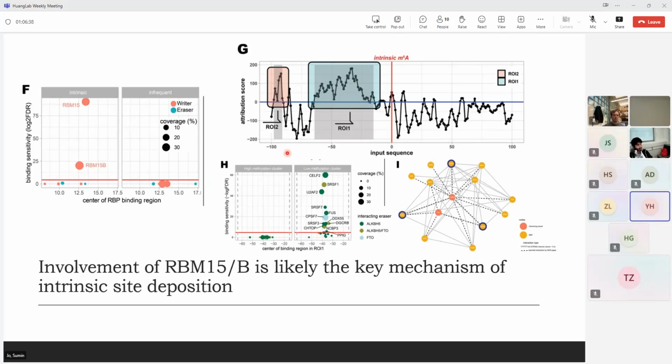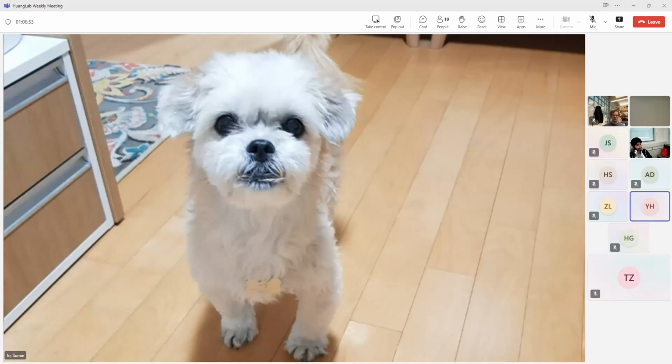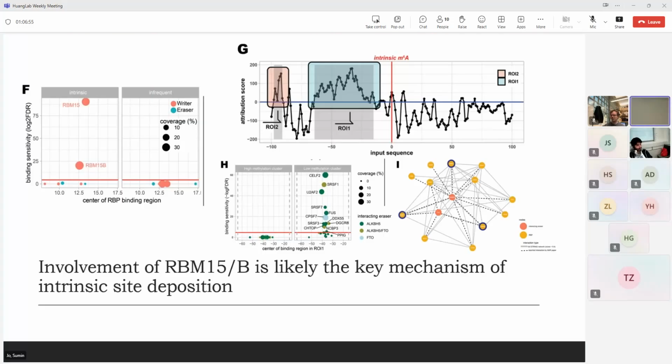If there are, that probably suggests that a different group of intrinsic sites are bound by different RE binding proteins and therefore regulating different methylation sites. Right? So that's the underlying hypothesis, right? That's correct. And to do that,